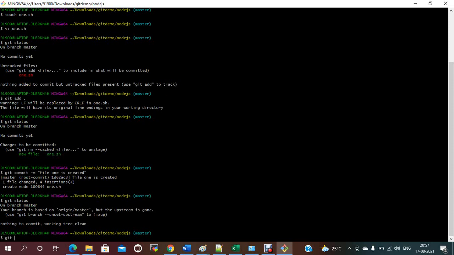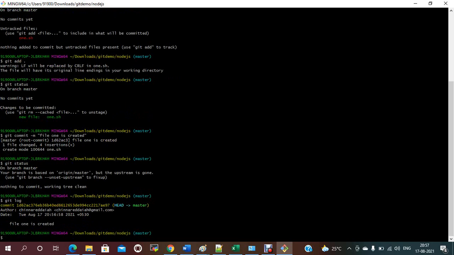If you do git log now, this is the commit message. Here HEAD is a pointer that points to the latest commit on the branch. So we have only one commit. Suppose I make a modification on the file; first let me push this file to the remote